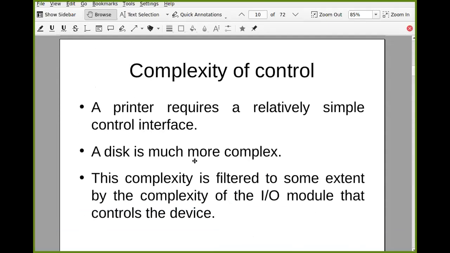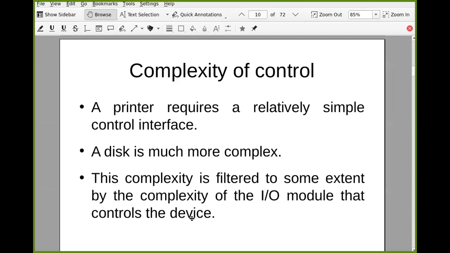If we talk about complexity of control, a printer requires a relatively simple control interface, but a disk is much more complex. If you compare the controlling complexity of printer and disk, definitely it is two different things. This complexity is filtered to some extent by the complexity of the IO module that controls the device.